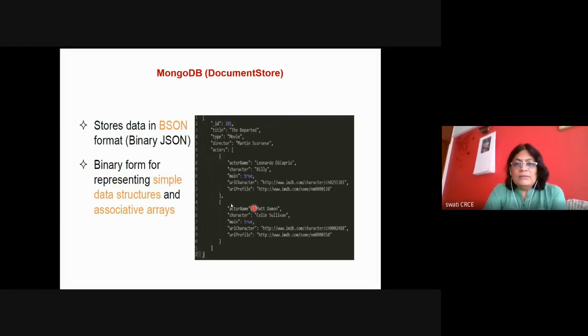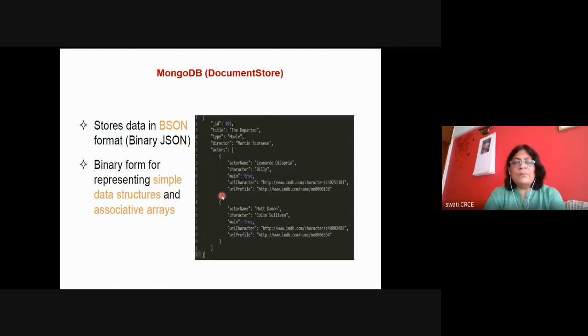So this is a typical structure. Again, here the embedded approach is used. Here it is a movie document with the title of the movie, the type, the director name, and the actors who are part of this movie. Different movies have different numbers of actors, so we get the flexibility. If we use an RDBMS table, then we have to fix the number of actors.